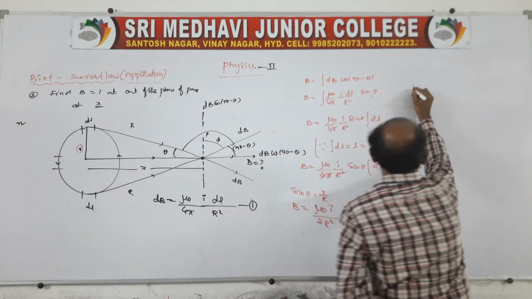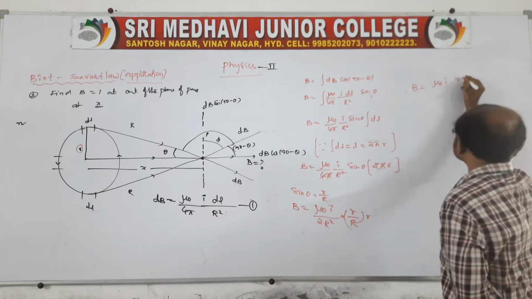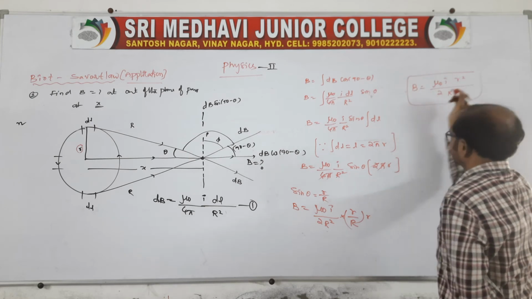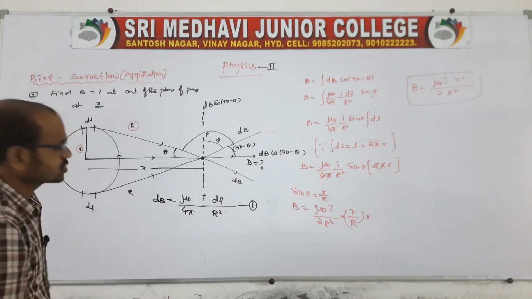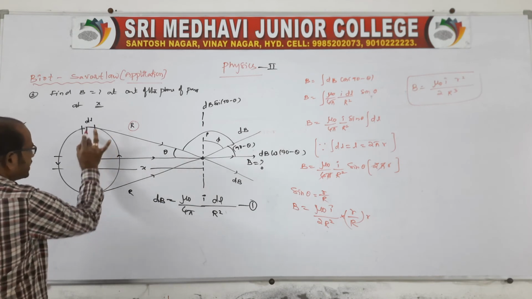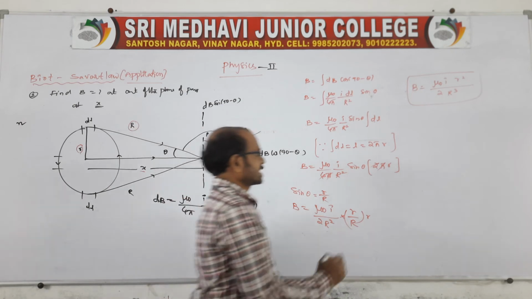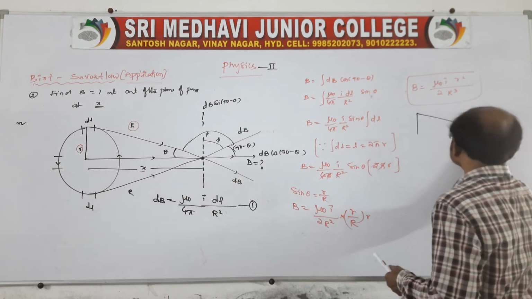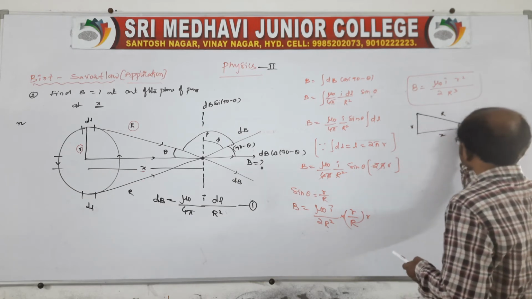So B is equal to mu naught I, r square by 2 into R cube. See, almost we are at the end. R cube, we don't know this capital R, so get this R value by using this triangle. Look, it is a right-angled triangle, therefore it has x, small r, capital R. From the triangle, suppose you draw a triangle like this: this is x, it is small r, it is capital R, and it is theta.